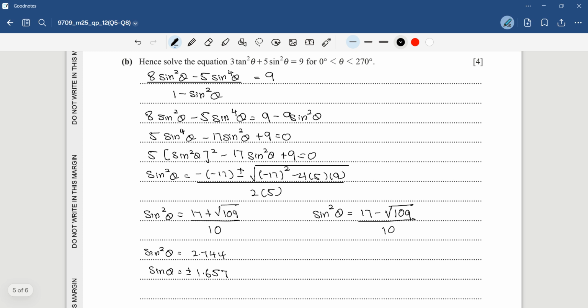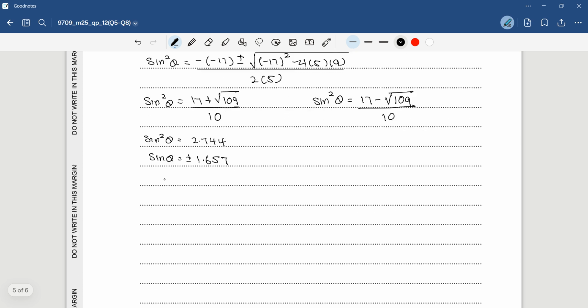So your sine theta cannot be more than 1 or negative 1. So your sine theta must be from negative 1 to 1. It cannot be more than this. So this one we reject. Okay, so we proceed with this,